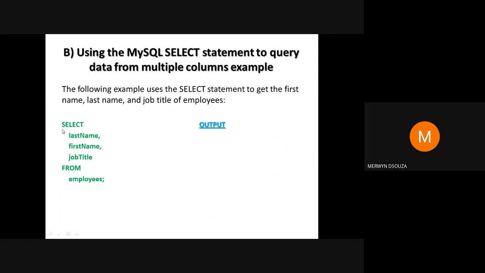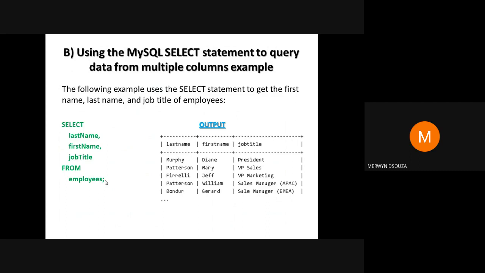The query for that will be select, then write the names of the columns separated by commas: last name, comma, first name, comma, job title, from the name of the table, employees, and terminate the statement with a semicolon. So the output will look something like this. You will have the three columns that you mentioned in the select statement: last name, first name, and job title, and the respective data under those columns.